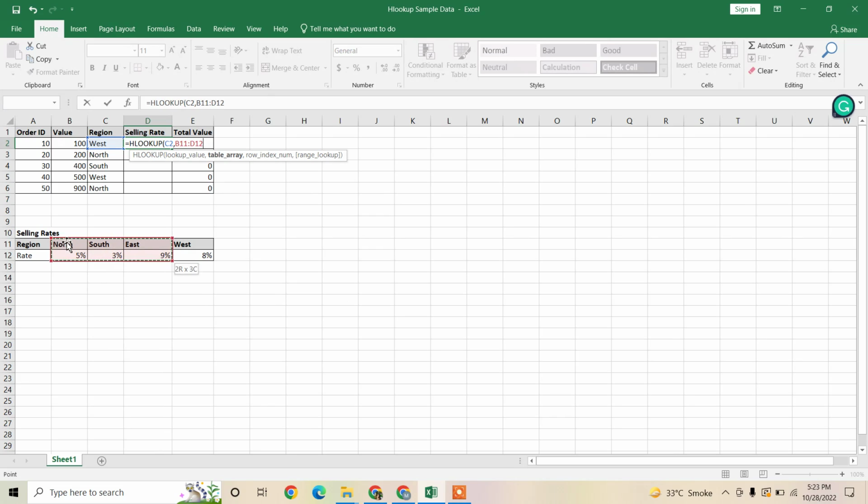So my range is nothing but row number 11 and row number 12. Why? Because in row number 11 I have the region for which I'm looking out, and in row number 12 I have the rate against that region. So that is going to be my table array. It is going to be row number 11 and row number 12,